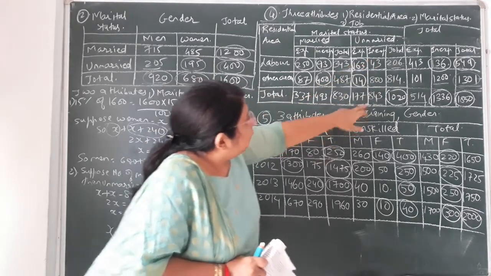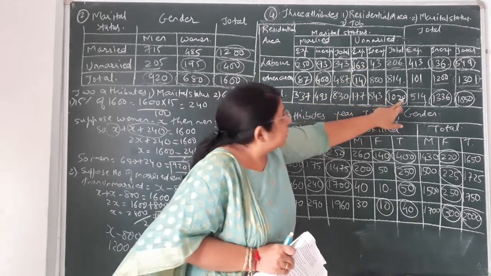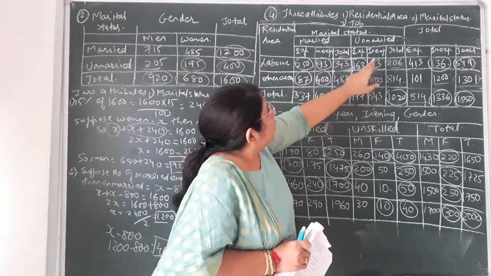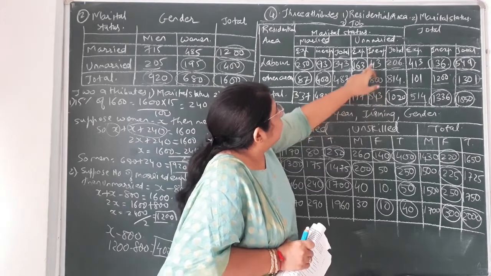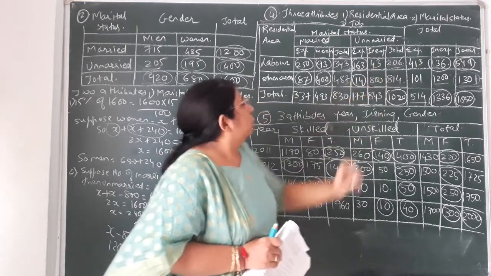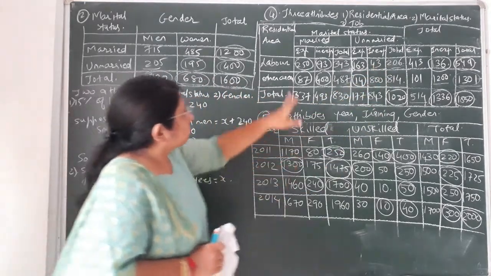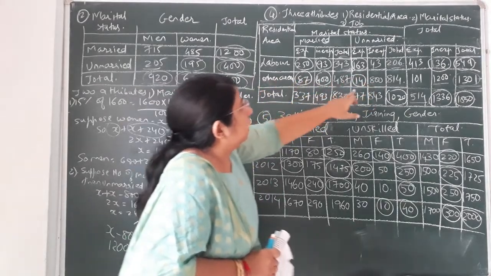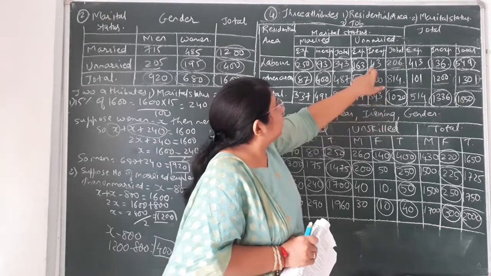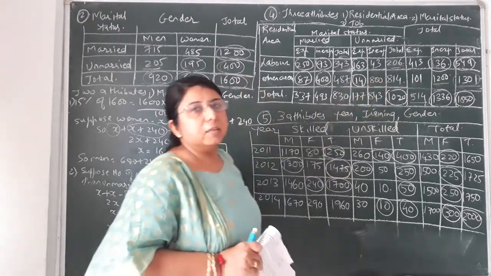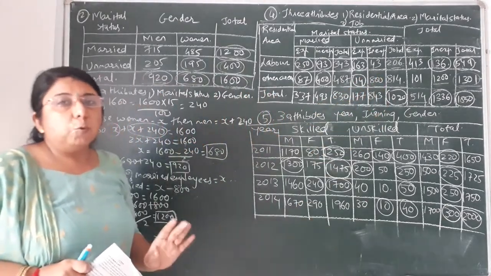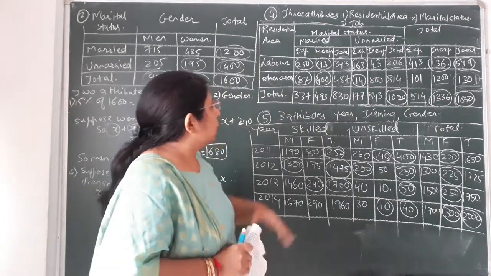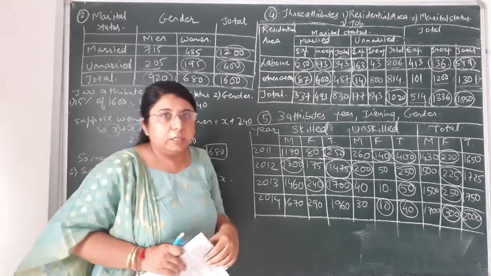Okay, so 843 we have already found out by subtracting 1020 minus 177. So you have 843 and you have got 43 also. So 843 minus 43 you will do. Then you will get the total number of inexperienced employees from other area, that is 800. That is 843 minus 43, you will get the value 800. So in this way we have to find the remaining data which are not given to you in the question. Okay, so I hope this table is clear to you.